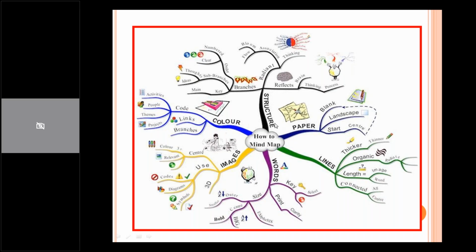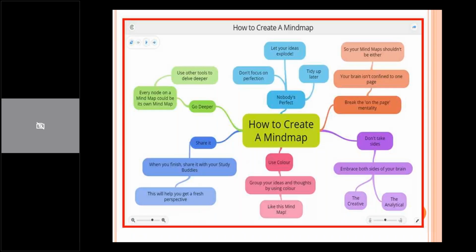And please understand, the mind map, what you're going to prepare should exactly reflect your brain thinking, or your brain thinking process should be reflected in the mind map what you're preparing. And when using mind map, you can use different colors. See this mind map, 1, 2, 3, 4, 5, 6. They use 6 different colors, maybe to denote 6 different ideas, 6 different concepts.